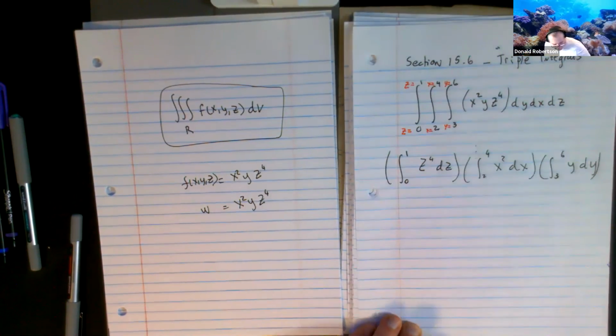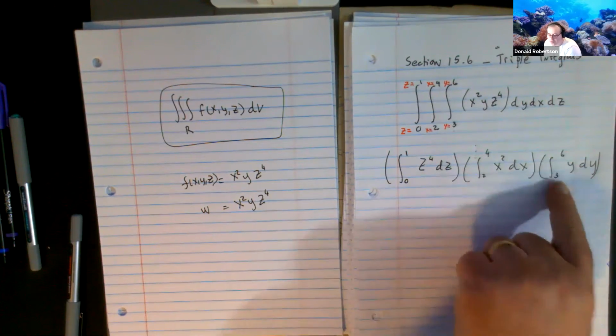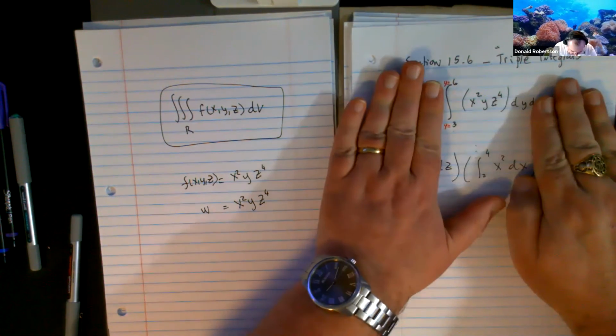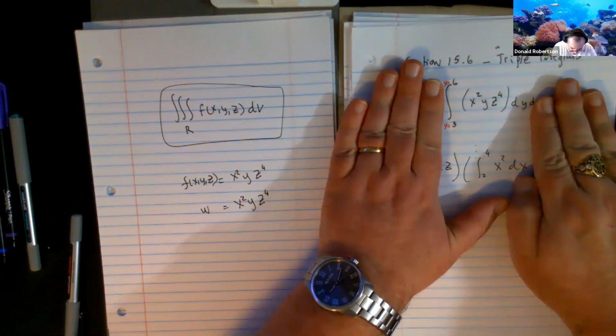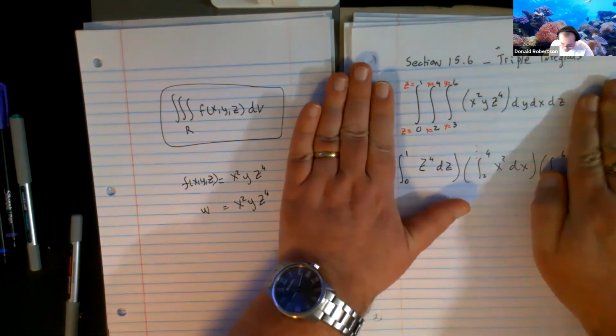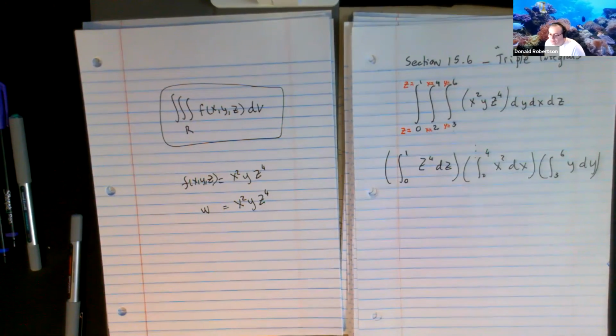Would you agree that this would probably involve a lot less work than essentially doing that with respect to y, then getting that answer, then doing it with respect to x, getting an answer, and then finally doing with z? So moral of that story is,